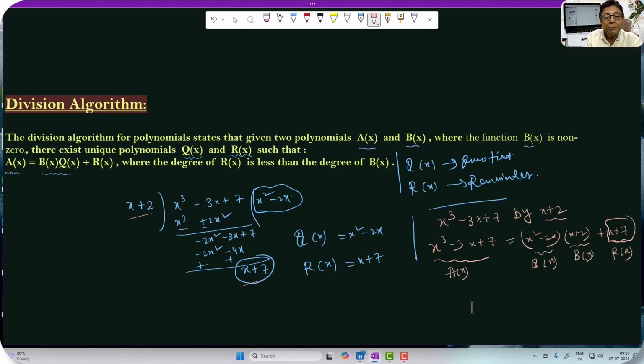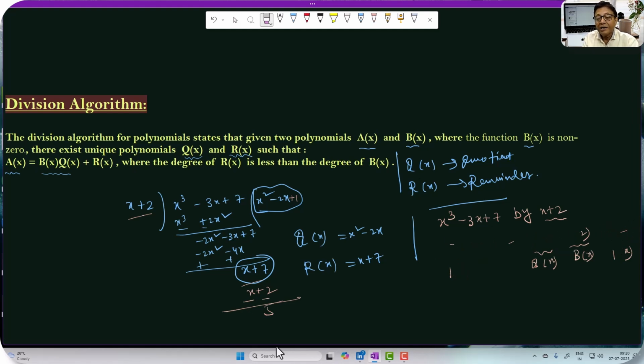If you take plus 1 over there, this is going to be x plus 2. 5. So actually this thing was not correct. Remainder is 5 only. And 5 is a constant polynomial whose degree is 0. You have divided with x plus 2. Its degree is 1. So degree of this remainder,